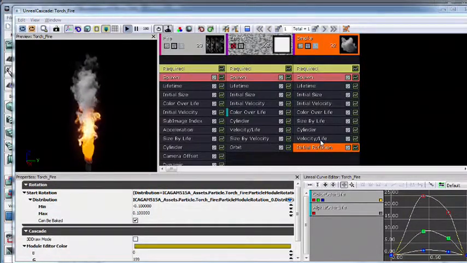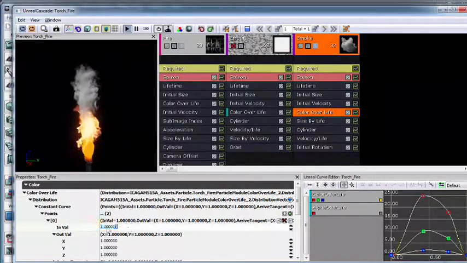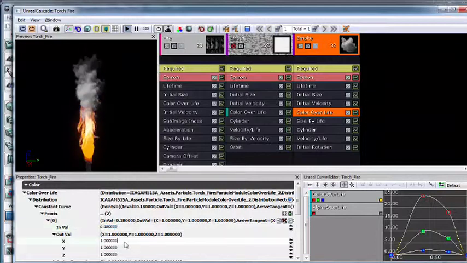Okay, so what we're going to do now is go back to the subject we were talking about, faking the illumination of the smoke with the fire. We're going to do that with color by life, so that as soon as it's spawned in the world, it's orange, and then as it gets older through its life, it will turn into the default smoke color. So we're going to go into color by life, and we have 2 points. We'll go into the first point, and we're going to go into the shader as a percentage of its life. About a quarter would be 0.25. We want to go a bit less than that. Let's go 0.18. So 0.18 into its life,